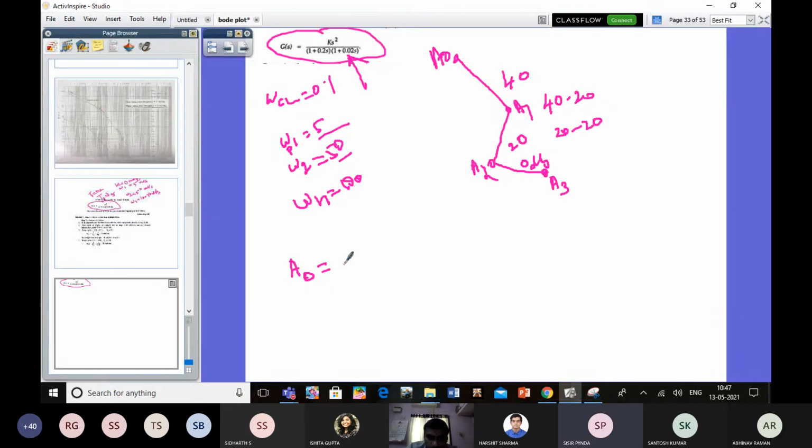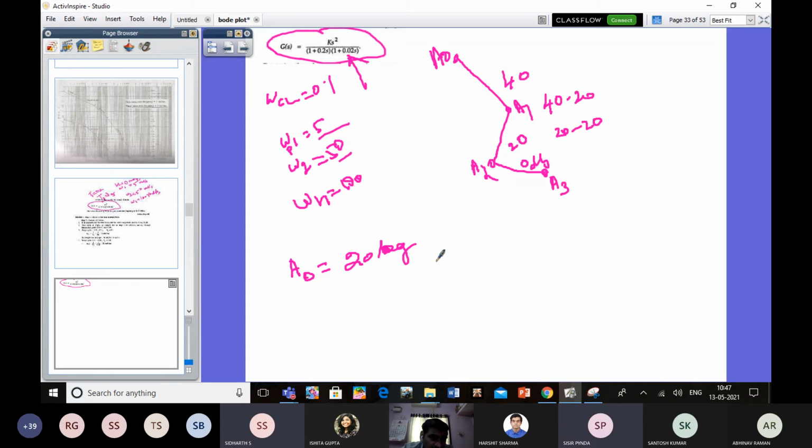So what is the K value in this? K equal to 1, dear. That's all. I told you, no. Suppose the K value is not given, you can assume that K is equal to 1 and proceed with the entire problem. So how to determine A0 now? 20 log 1 by 0.1. Why 1 by 0.1?